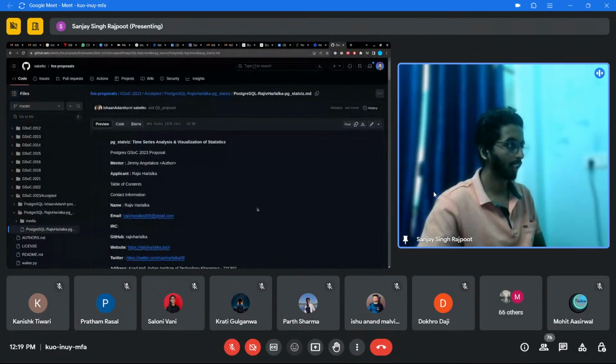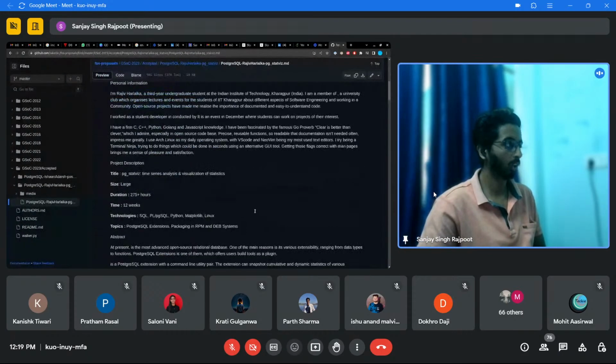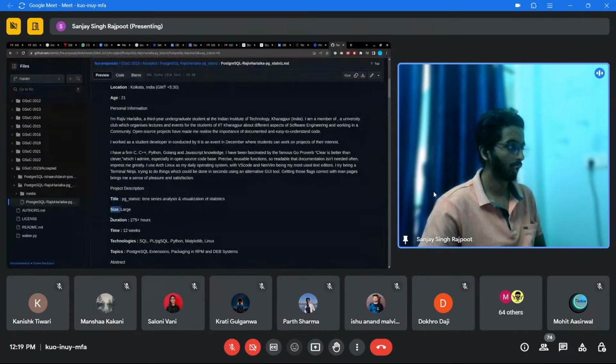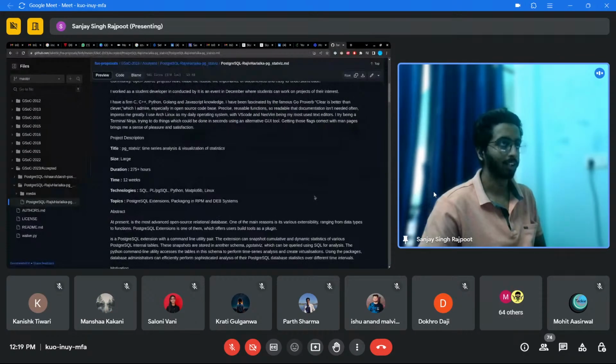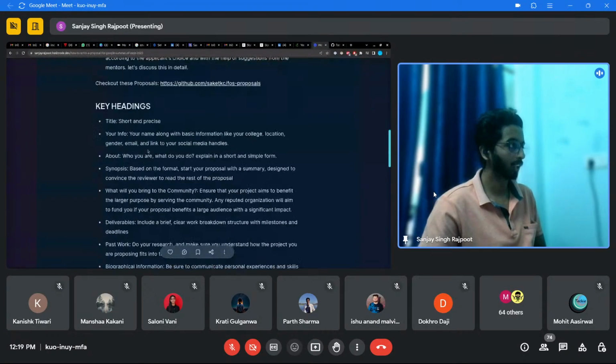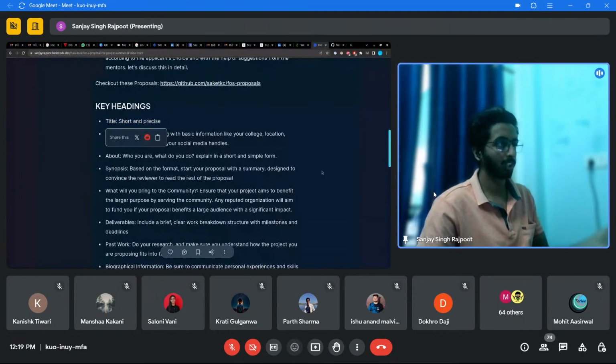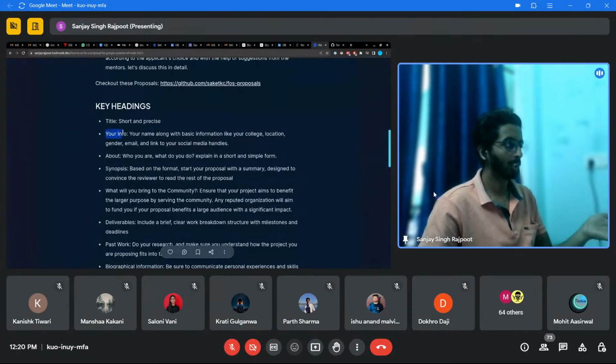So if you can get some idea out of it, it's very good. Then you write your personal information, then you write your project description. उसके बाद उसका टाइटल आ जाता है, उसका साइज, उसका ड्यूरेशन, and rest all of the normal headings. वो सब चीज़ें मैंने यहाँ पे भी लिस्ट की हुई हैं। लाइक की हेडिंग्स में अगर मैं आऊँ तो सबसे पहले हमें एक टाइटल देना होता है कि तुम किस प्रोजेक्ट के लिए अप्लाई कर रहे हो, एंड दैट इज़ वेरी इंपॉर्टेंट. Then comes your information, like your college, your location, what's your email address, gender क्या है आपका, and